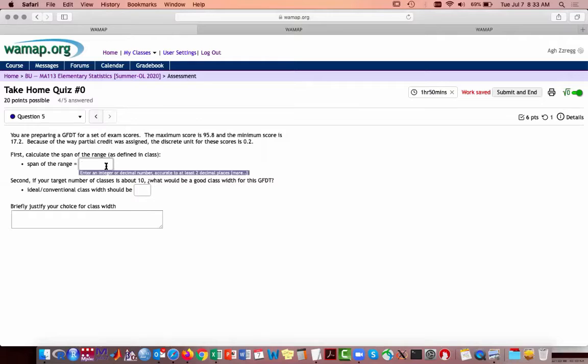Okay, it says enter an integer or decimal number accurate to at least 2 decimal places, but I think my value was 78.8, so that's 1 decimal place, so it should be fine. Okay. Second, if your target number of classes is about 10, what would be a good class width for this